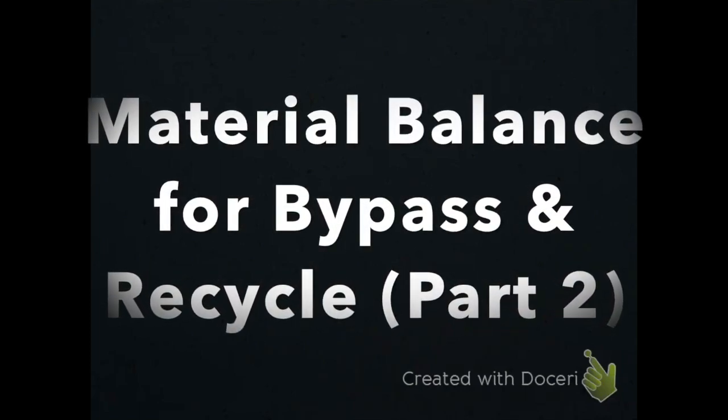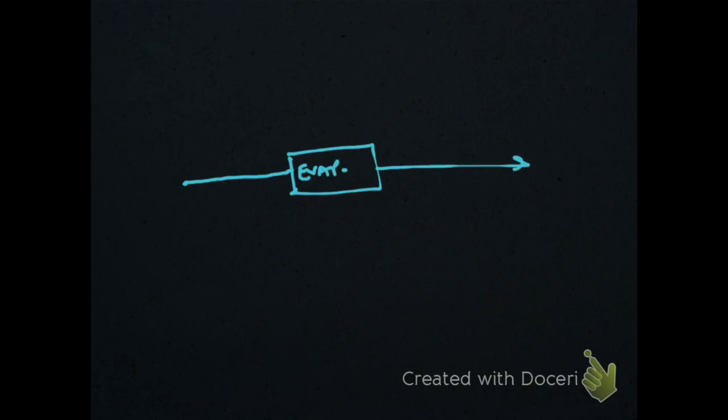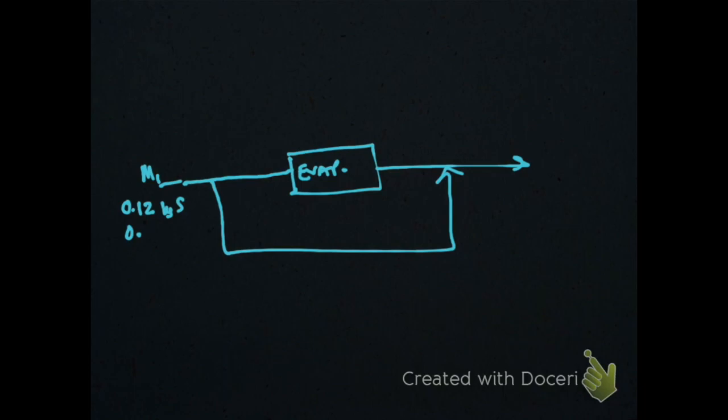So if you could recall that we have a problem of trying to do the material balance for an evaporator with a bypass provided. When there is a bypass, we know that the component here is M1 with 0.12 kilogram solid and